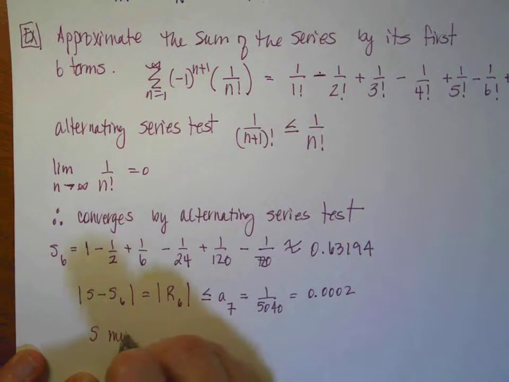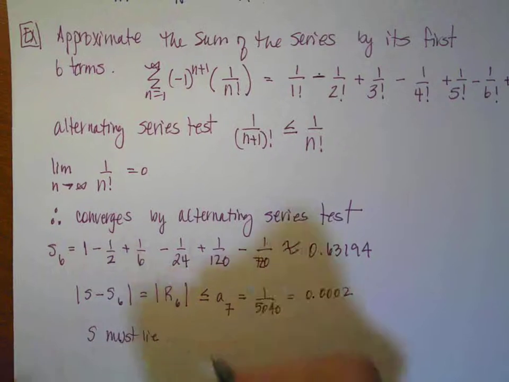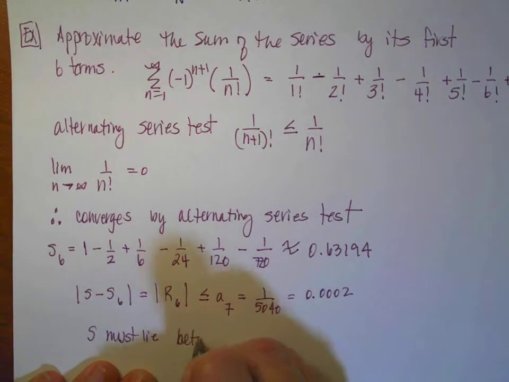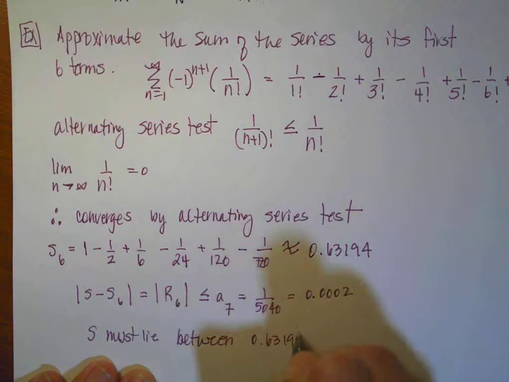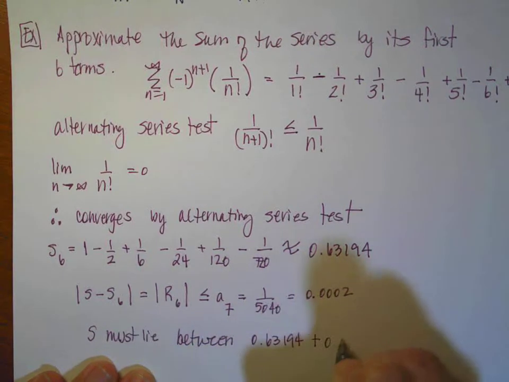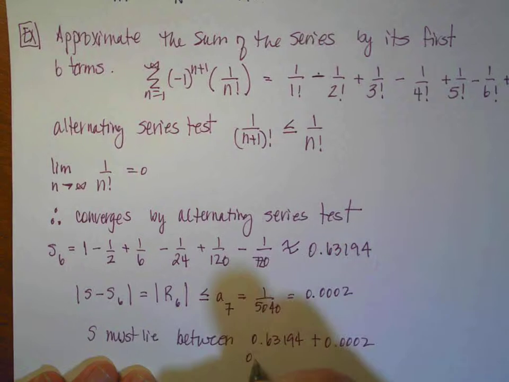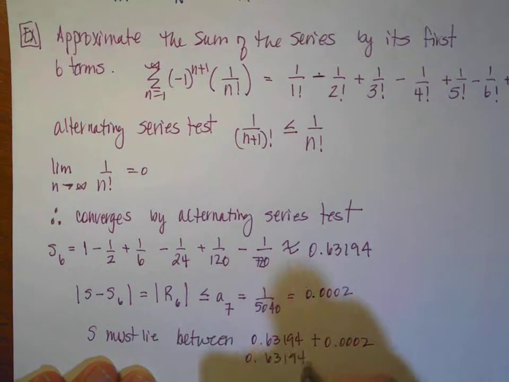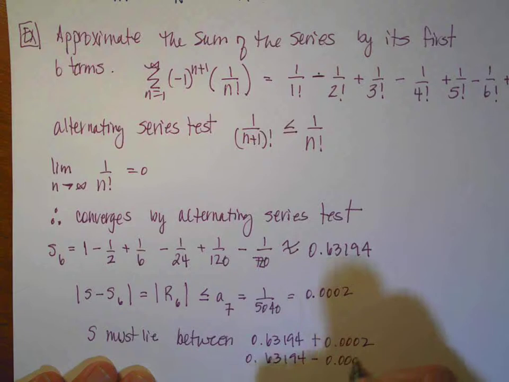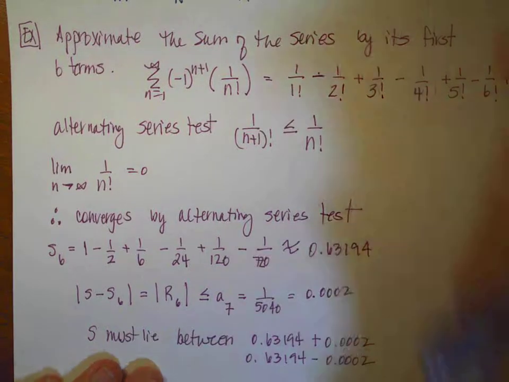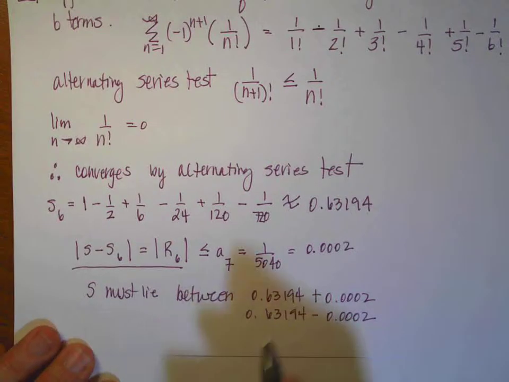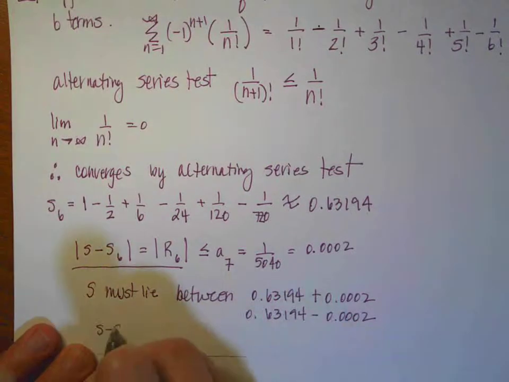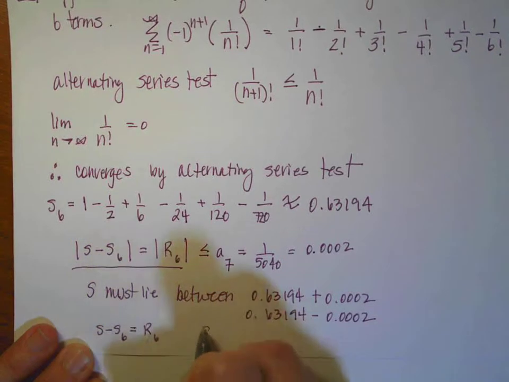So then I can say that S, can you see it? Yep, you can, must lie between, and I'll show you that math in just a second, between 0.63194 plus 0.0002 and 0.63194 minus 0.0002. And those numbers came from managing this portion of the equation, which says that S minus S sub 6